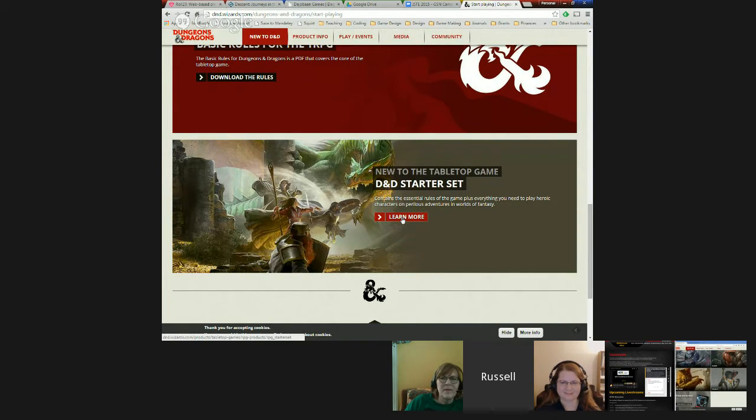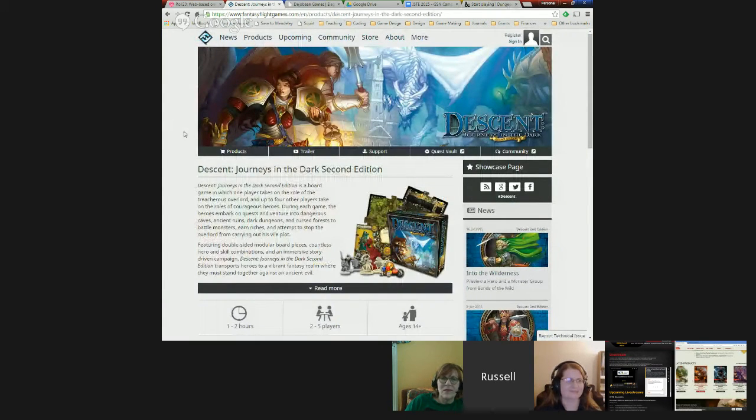Another board game I've played recently that's a really great foray into the mechanics of combat is called Descent. There's pretty high overhead in terms of the cost, but it's really fun if you like the whole dungeon crawling aspect of it.